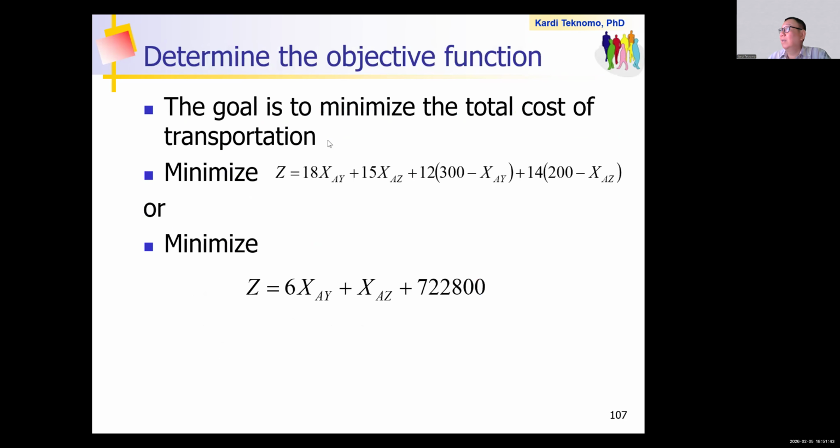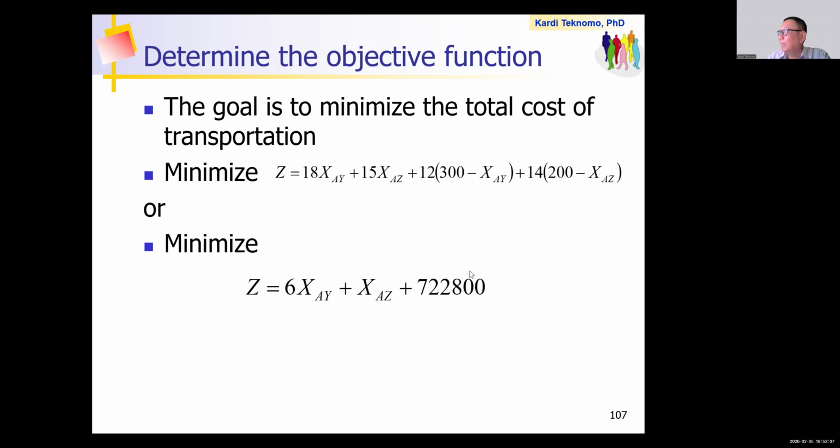After that, the objective function also changes. Because the variables change, this one you input, so it becomes 300 minus, and then this is 200 minus. Then you simplify. Now you have an intercept here.